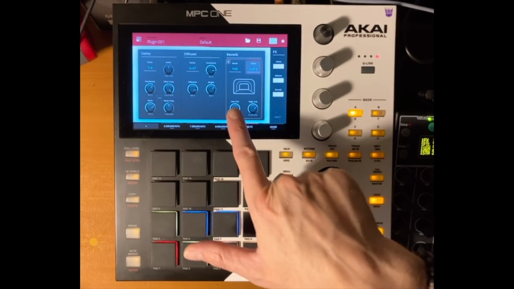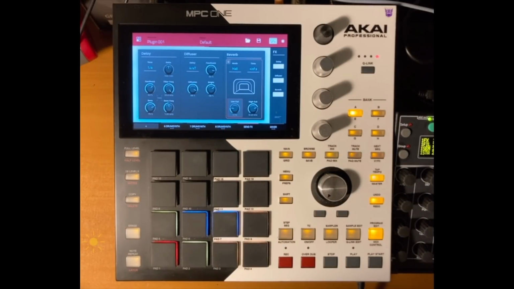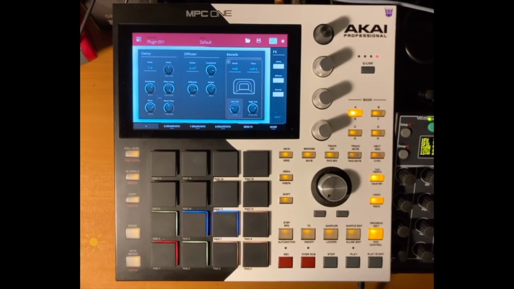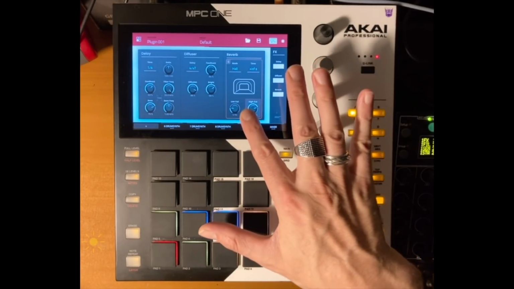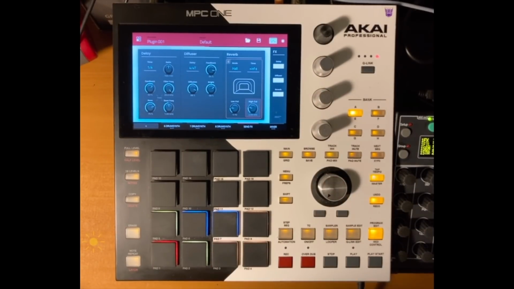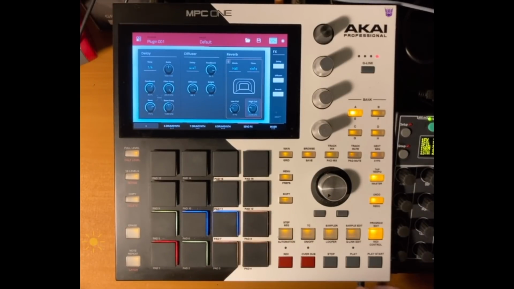Sounds good. And we've got low cut and high cut, so let's actually reduce the low cut and see how much low frequencies we can get into that tail of the reverb. Nice and dark. Let's make it even darker by reducing the high cut. So you can see there's a lot of scope for sound design with just this one sound and using the